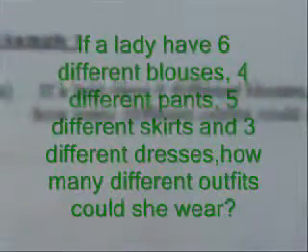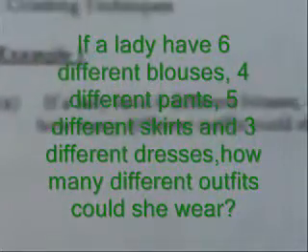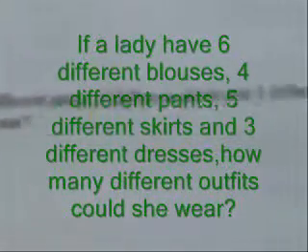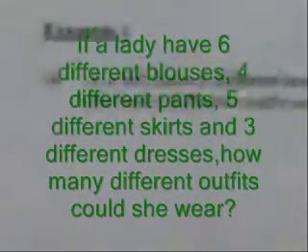Okay, this is example 1. If a lady has 6 different blouses, 4 different pants, 5 different skirts, and 3 different dresses, how many different outfits could she wear? Okay, we can do this by using,